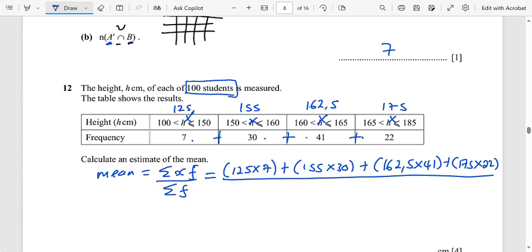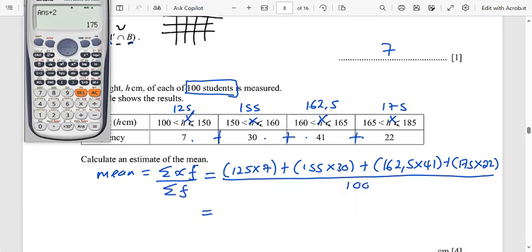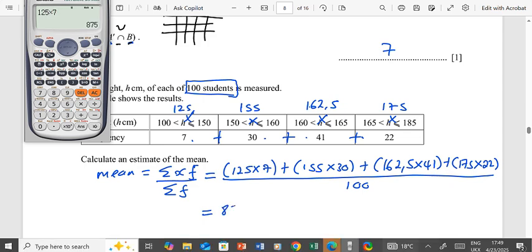that altogether we have 100 students. So that sum there has already been given for us. It's just 100. Then I will try not to punch the calculator at once, but rather I will do this problem in stages to avoid some errors. So the first one is 125 times 7, which gives me 875, plus the next class is 155 times 30, which gives me 4,650, plus the next class is